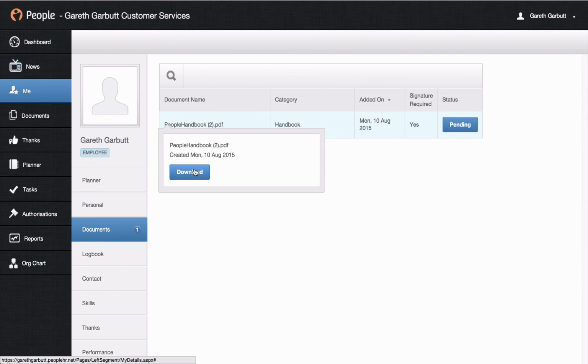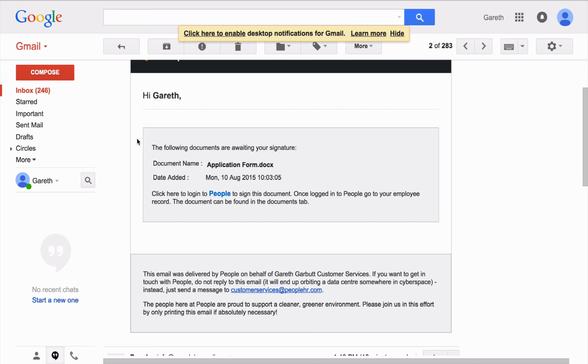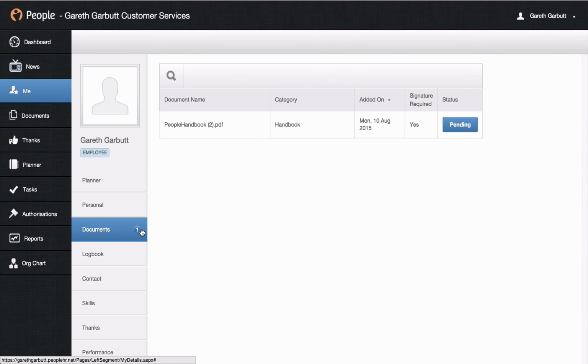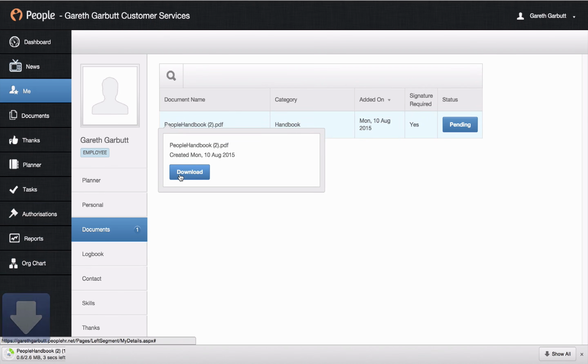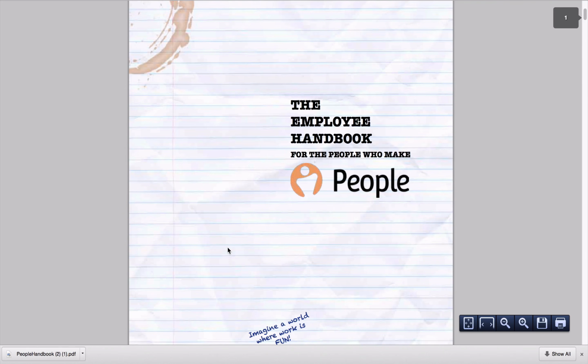Now some documents will be added which require an electronic signature. When that happens, first of all you will receive an email, and this will just say the following document has been uploaded and requires your signature. You log into People and then you can sign this document. What will happen? You will see there's a new document here. Download the document, and once you have read it,